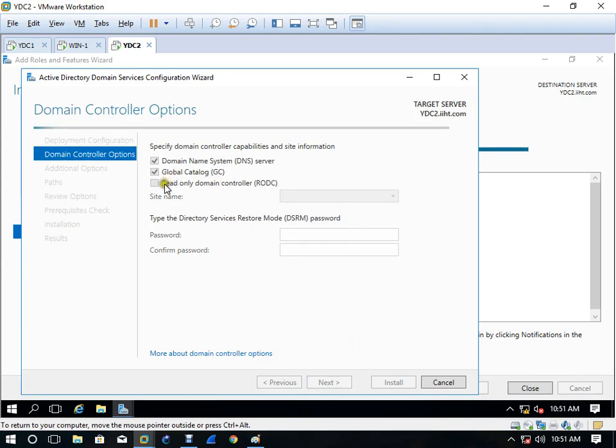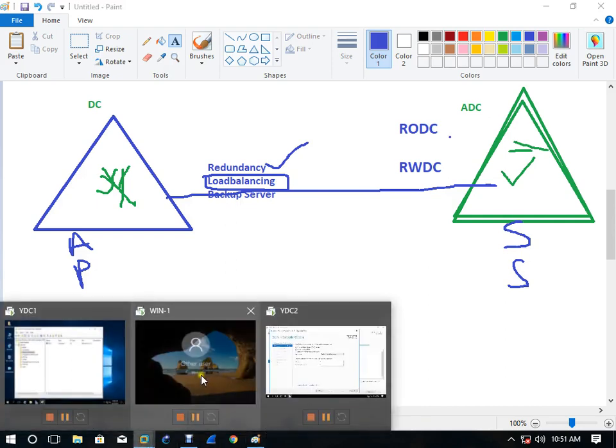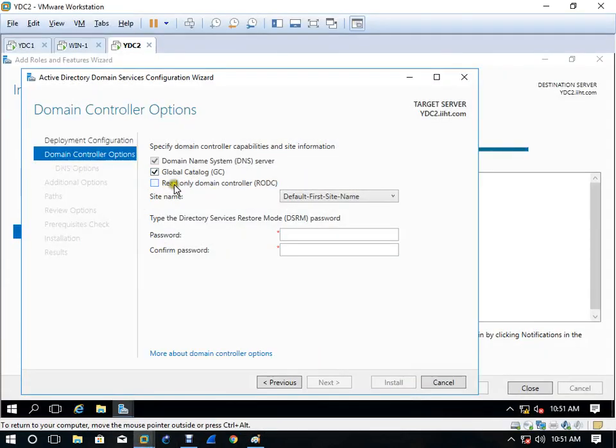See, this is the page. If I select here read only domain controller, then it will become read only. But if I am not selecting here, it means this is a read write domain controller. Okay, now I am writing the recovery mode password.